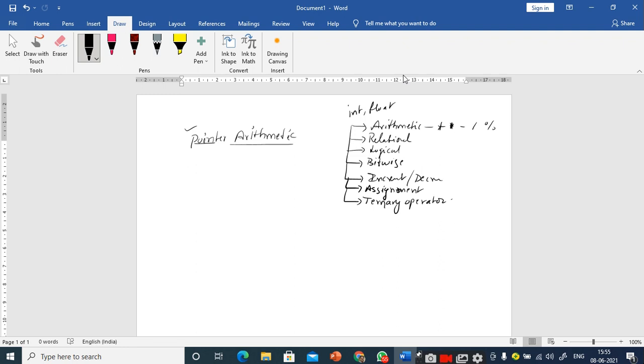Listen carefully, only a few operators are valid on pointers: addition, subtraction, increment, and decrement. These are the only valid operations supported for pointers.